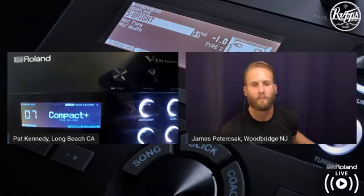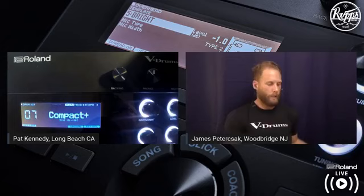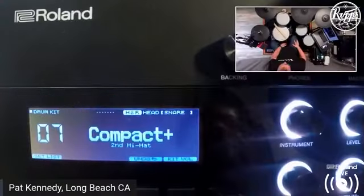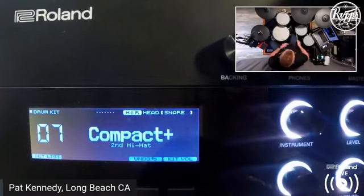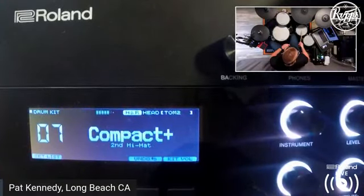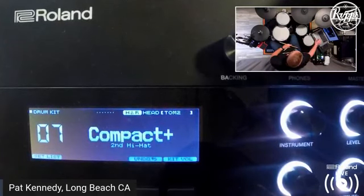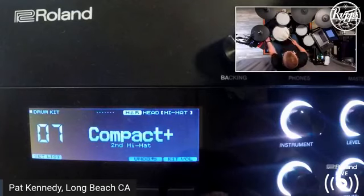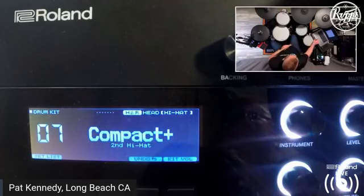Amazing. The one thing I wanted to show you guys too with this is this kit particularly is really fun, this compact kit, because what we've done is we've assigned a hi-hat over here. And so we've made this one tom pad into a hi-hat, but it's also attached to my hi-hat pedal opening and closing. So the hi-hat controller also reads this. So then I can do some really fun stuff like